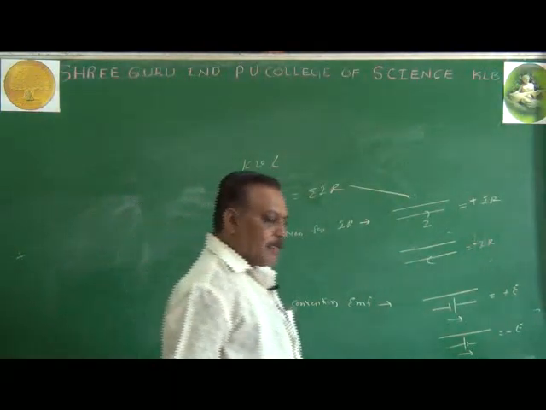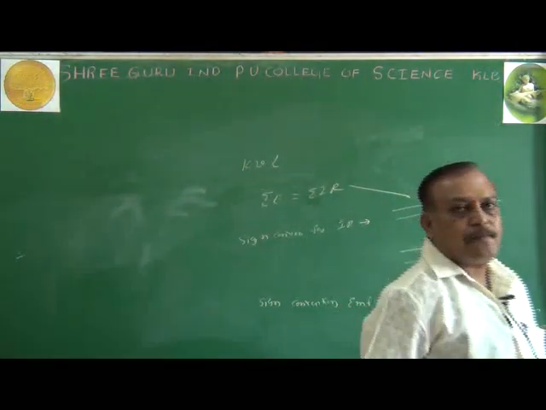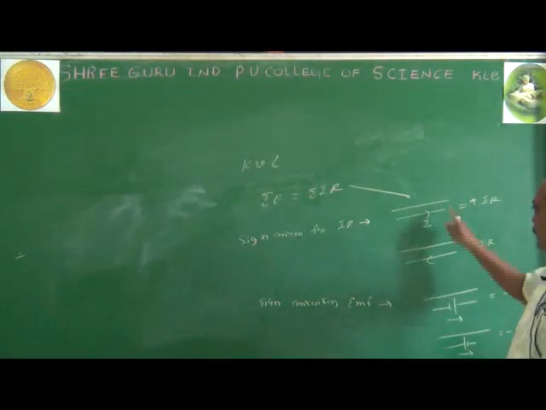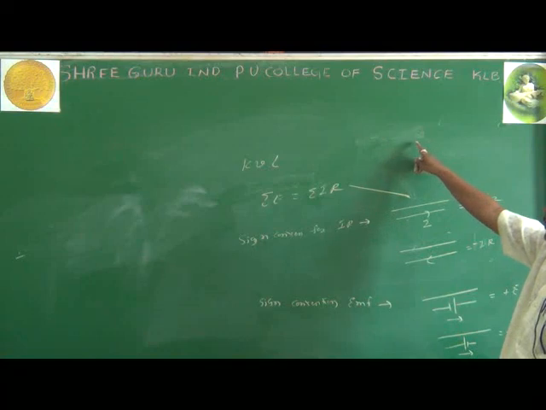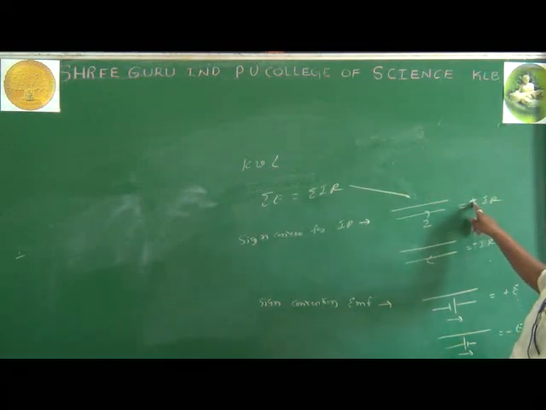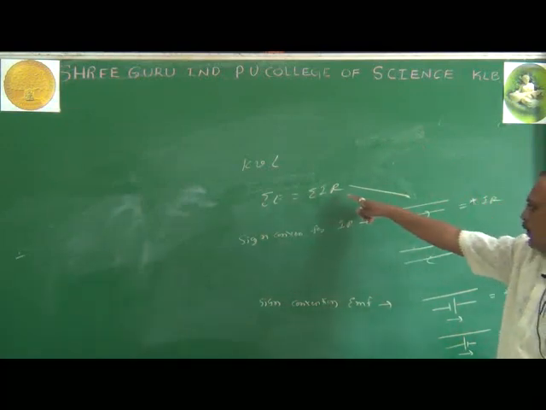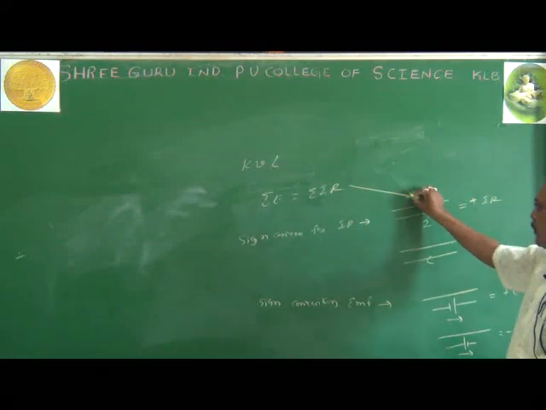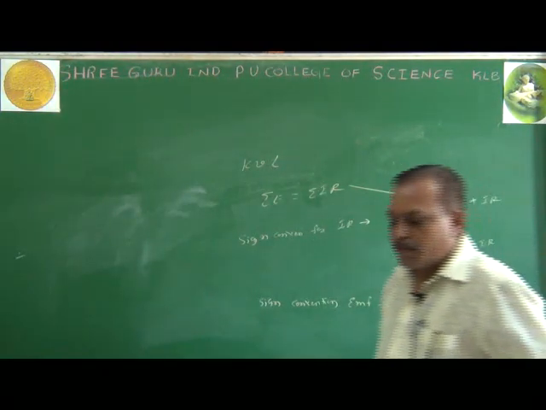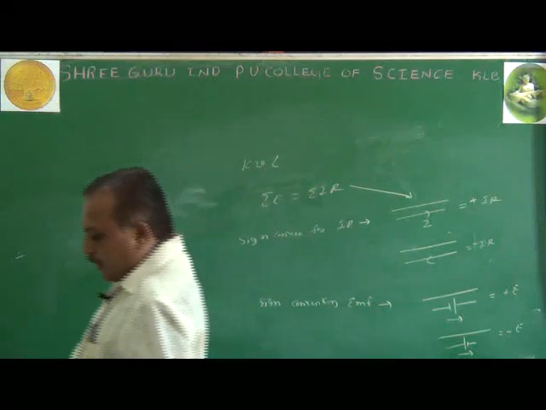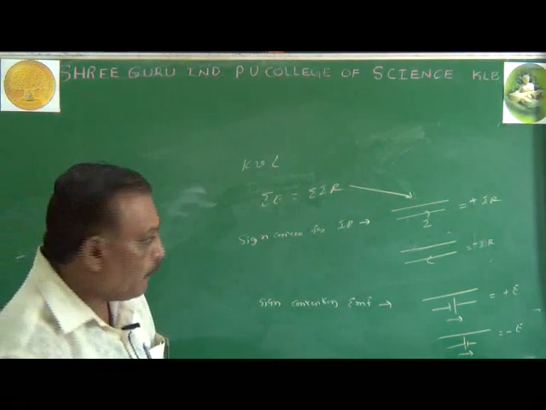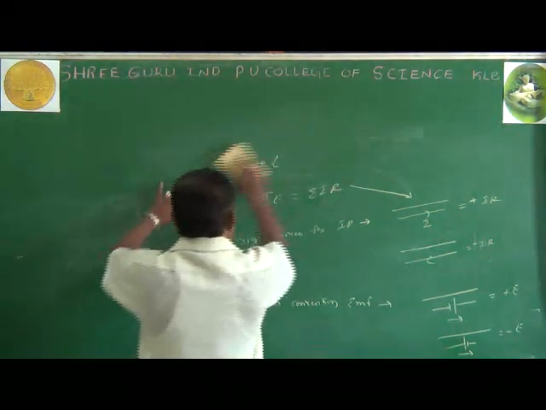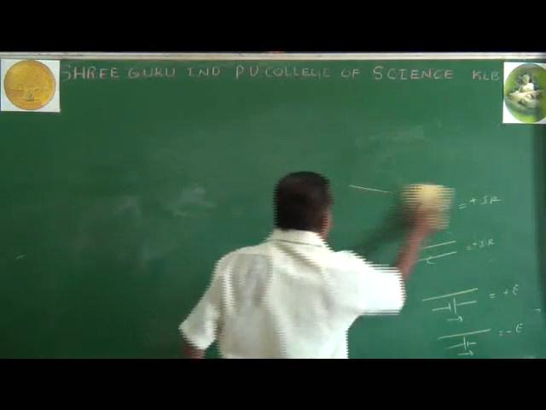Sum of potential difference in a closed loop is equal to 0. There will be only sign convention changes. So the sum of potential difference equals that concept, but we are using this simplest form. Now this is the sign convention. By using KCL and KVL, we come across the Wheatstone bridge. In the Wheatstone bridge, there is application of both, KCL and KVL.